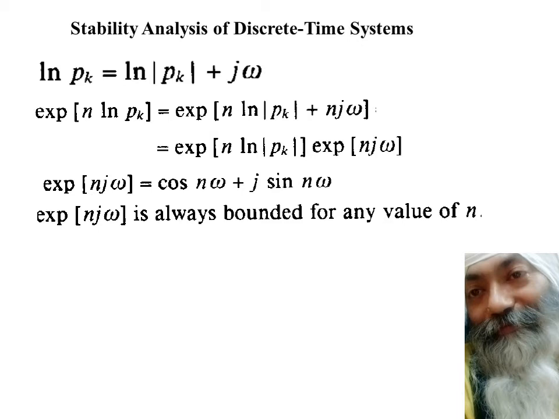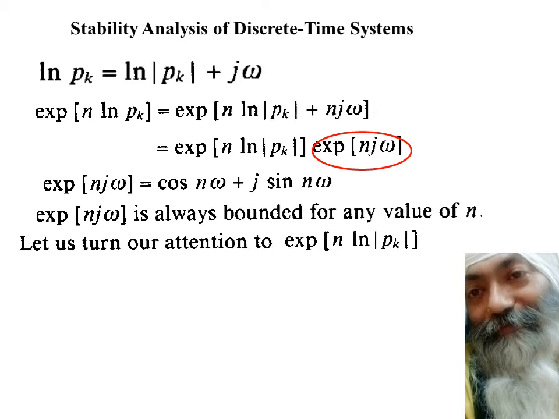So this is always bounded for any value of n. n may go as high as it feels like. We don't have to care much about it. Its value will always be bounded. So this portion is taken care of. This portion is taken care of. This, of course, we have to be very assured of. We need not worry about this portion. This portion will always remain bounded for any value of n. So we have to now focus on the other part which is left over here. That is this part which we have seen over here. This part is primarily what we have to pay attention to.